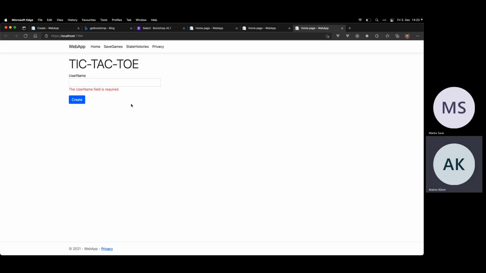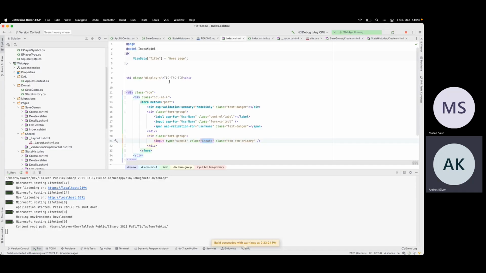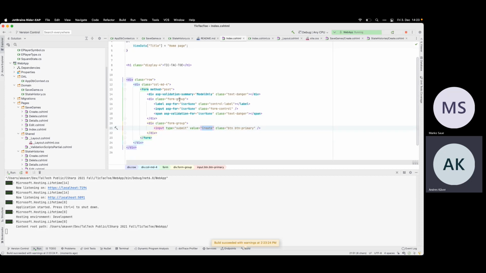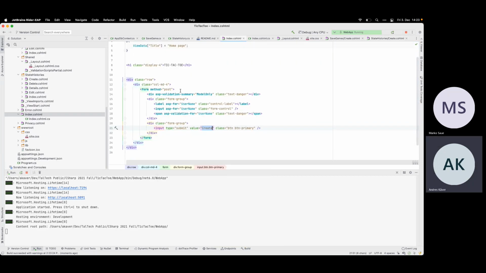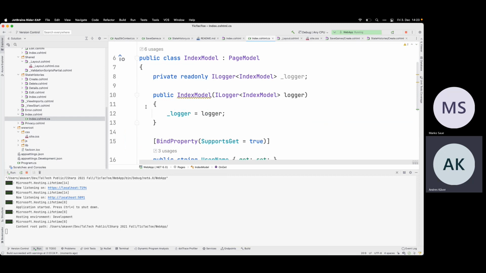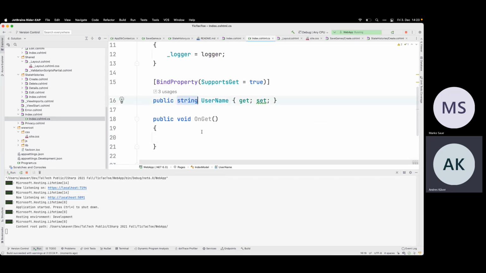The username is required. Okay, this initially at the get. So probably we can make it with the post. Oh no, we can do it, say that this can be optional.